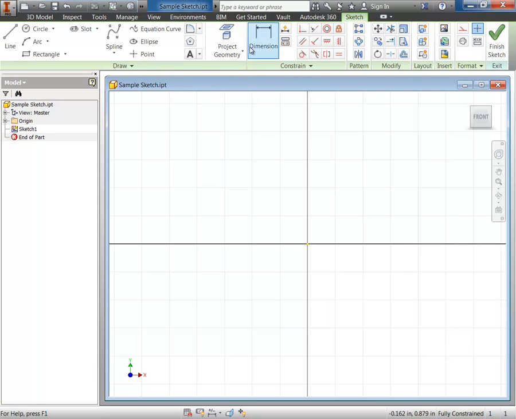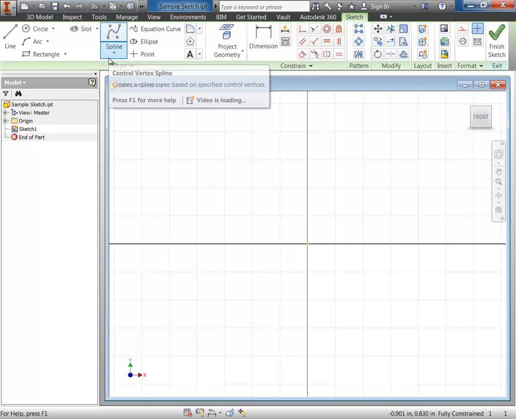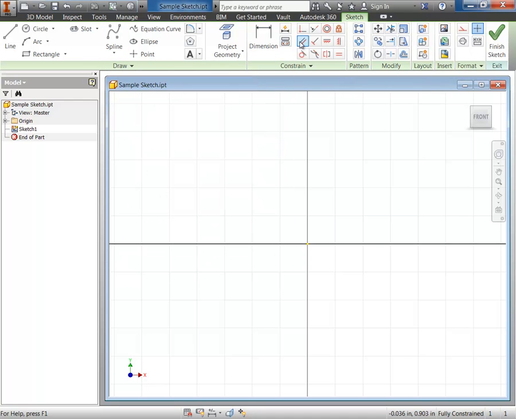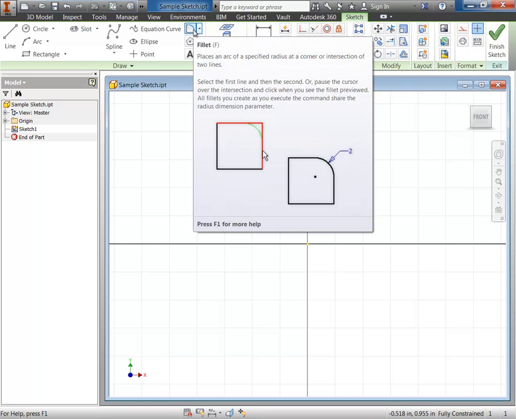You can see there's a ton of different stuff for sketching. Your screen will look slightly different from this one. Mine's a little more compressed left to right. As you get a wider monitor, you'll start to see that some of these icons either spread out or go from a picture into a more descriptive